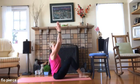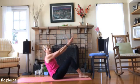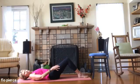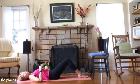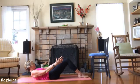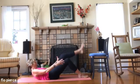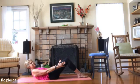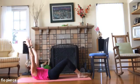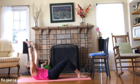Give me a lift at the top as you inhale. Exhale, with control, roll back down a vertebra at a time. Now I'm going to give you an option if that doesn't work for you. Here's your option. Exhale, start to roll up, and when you get stuck and feel like you need to kick your foot, please don't do that. Instead, stay there, but lift your arms higher until you really feel a bigger challenge,